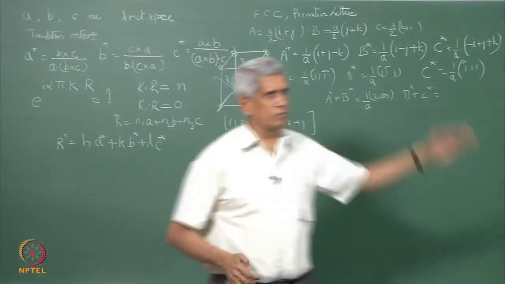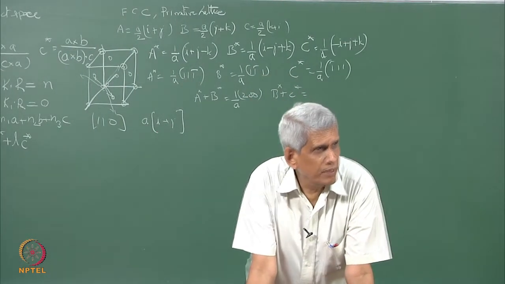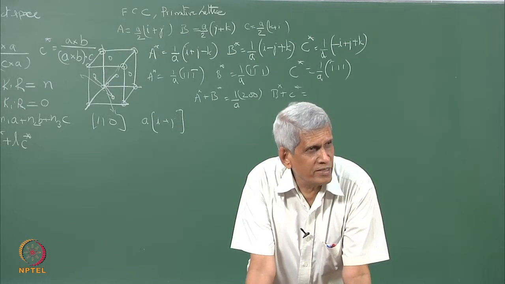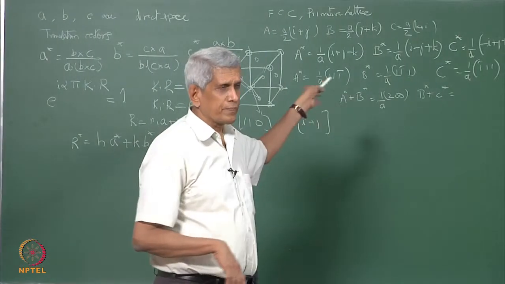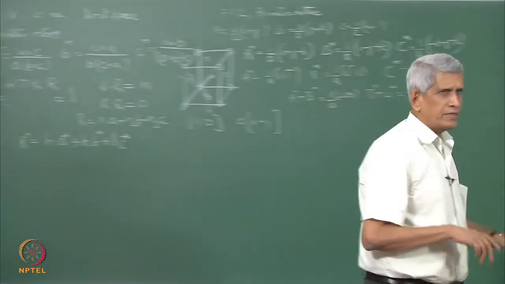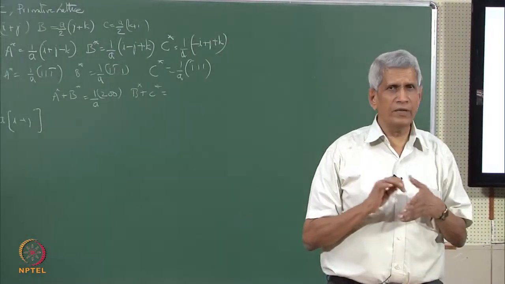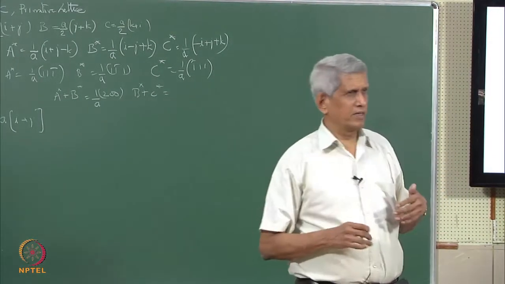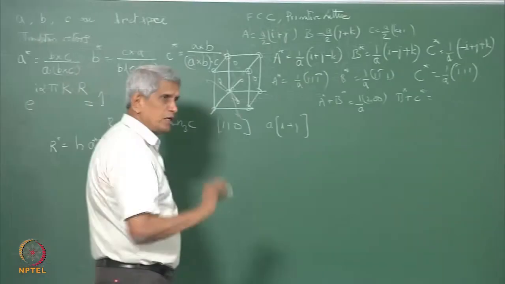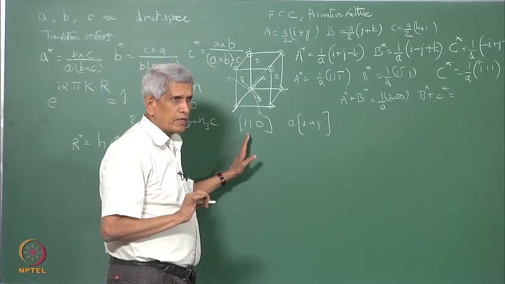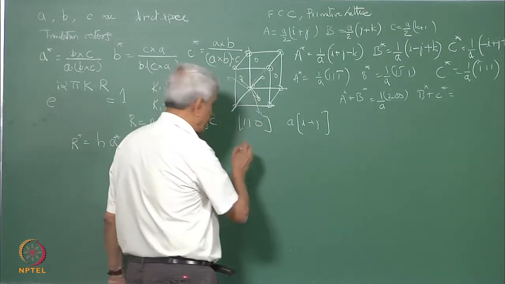Because when you take that addition, the addition is always taken with respect to integer values only, because h, k and l have to be integers, correct? Because I had explained earlier about how to construct and all the relationships in detail in the last class. So, using these vectors we can construct a reciprocal lattice. The same thing we can do is, what is the geometrical meaning of this vector algebra? What we have done is essentially, if we take any lattice, we can construct the reciprocal lattice also in another way, that geometrical construction.